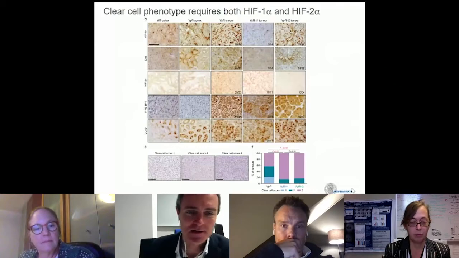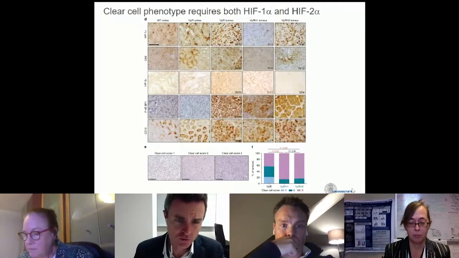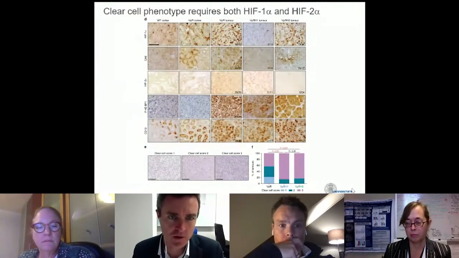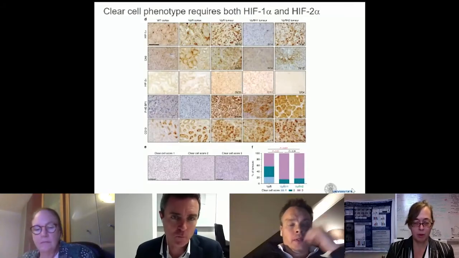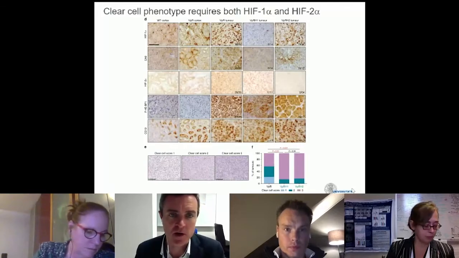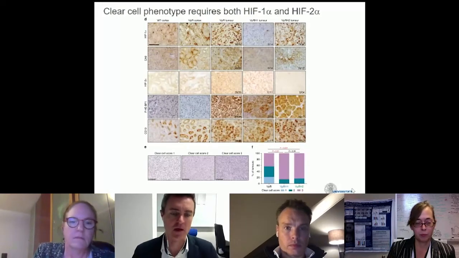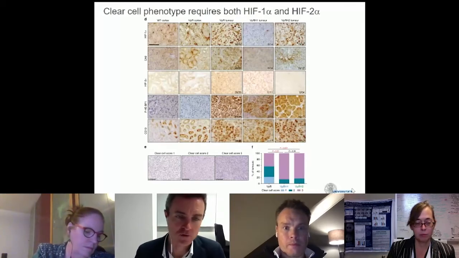So this slide was a confirmation analysis just to basically prove to ourselves that HIF1 and HIF2 were deleted where they should be. This is important because we're talking about a rescue. We need to know that the tumors have actually arisen in the absence of the genes and not that there's some escaper effect. And indeed, we saw that HIF1 immunohistochemistry had disappeared in the VPRH1 tumors, and HIF2 nuclear staining had disappeared in the VPRH2 tumors, but not in the other genotypes. So indeed, the Cre activity was doing what it should have and deleting all 4 genes